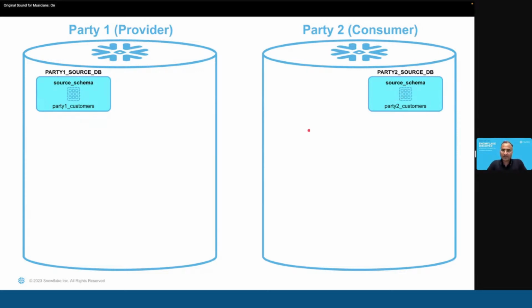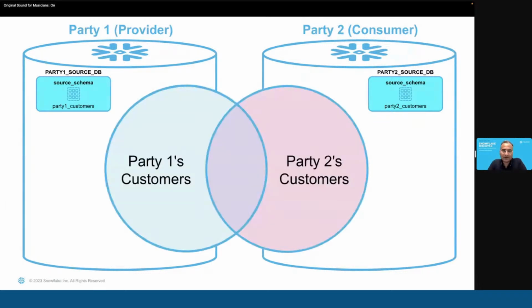For that, if you think about a traditional architecture, you will ask a provider to give the data, and this data will physically come to my consumer. And the moment this happens, your PII data will get compromised. So we do not want that to happen. So what we will do first is create a DCR setup between these two